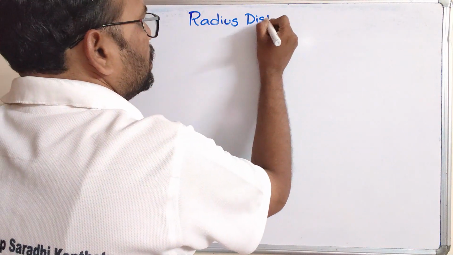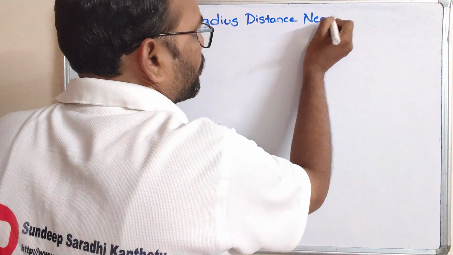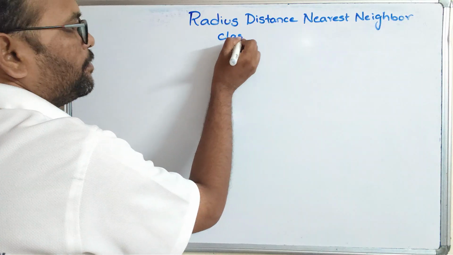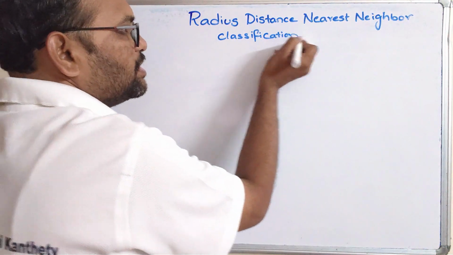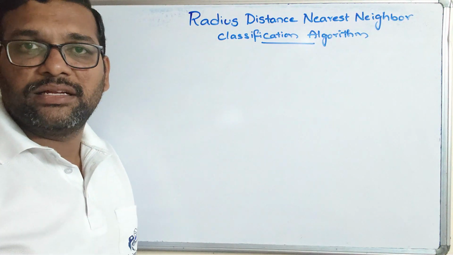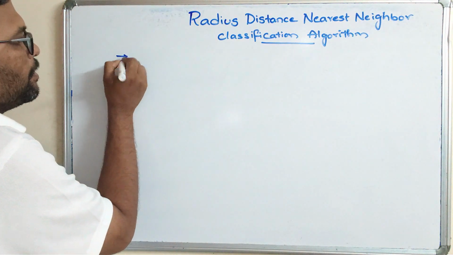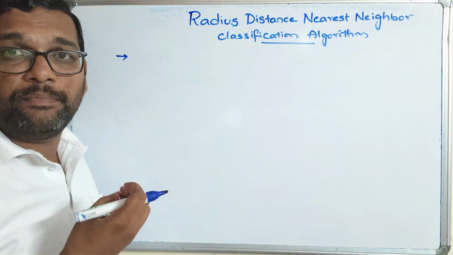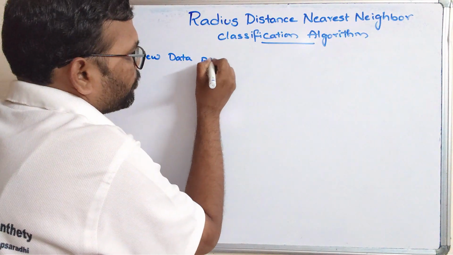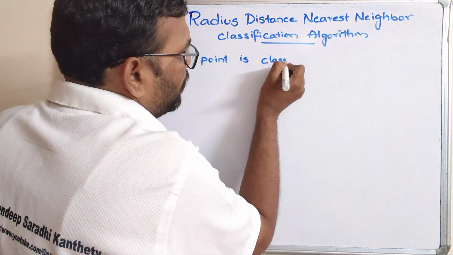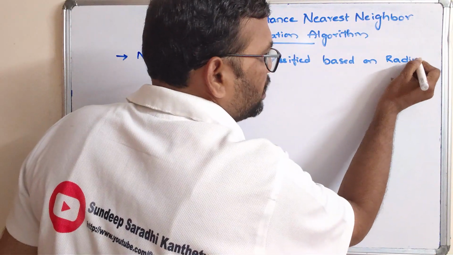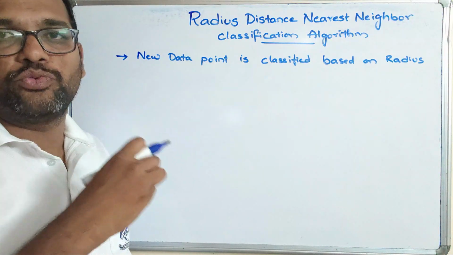Radius distance nearest neighbor classification algorithm. First let us see the theoretical part, then we will go with the Python program for this radius distance nearest neighbor. Here the distance measure and the prediction will be done based upon the radius value. So a new data point is classified based on radius. We need to take a radius and consider that radius to predict the new data